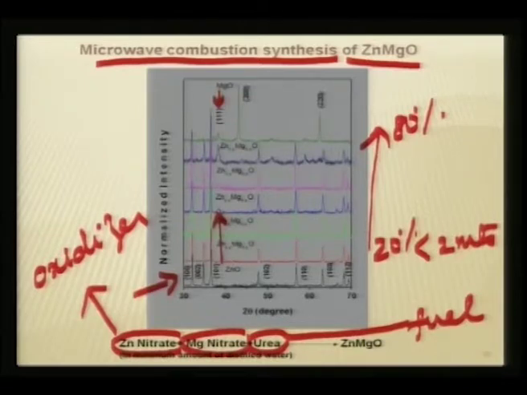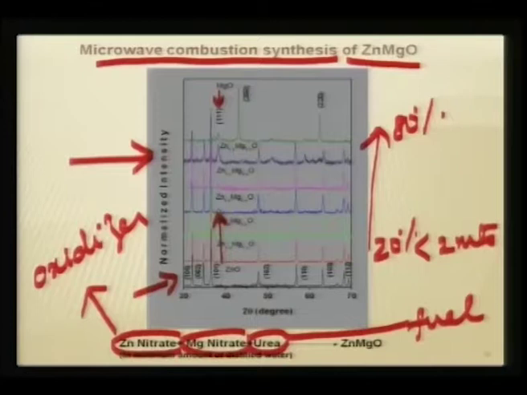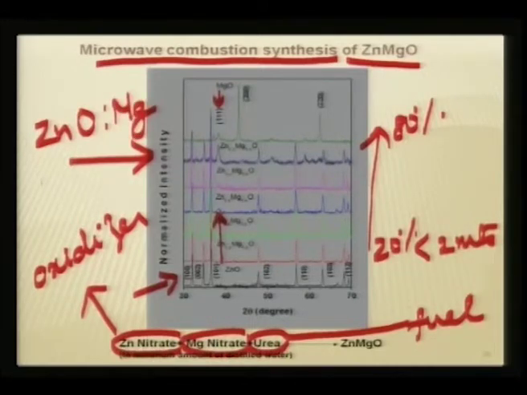But what happens to magnesium in this case? You would see that this is not remaining as magnesium hydroxide as we discussed in the earlier case. There is a clear substitution, maybe up to 30-40% of magnesium, and this is very important because, as I told in the beginning of the previous lecture, doping zinc oxide with magnesium by ceramic route, you cannot achieve more than 4% of magnesium, but this is a